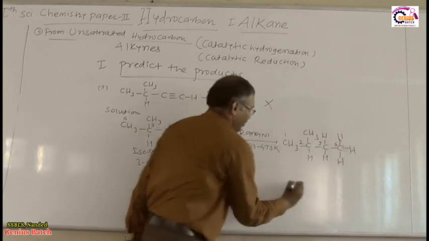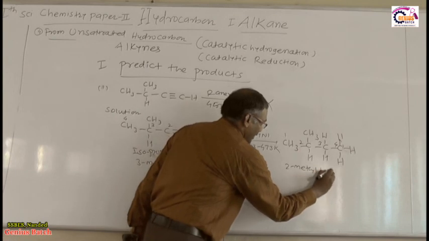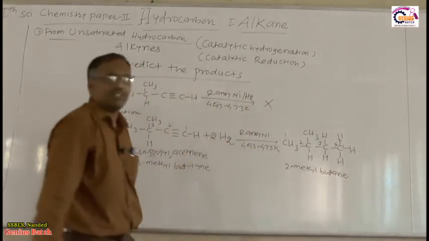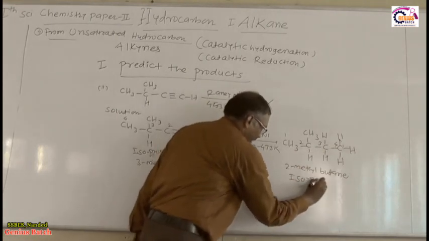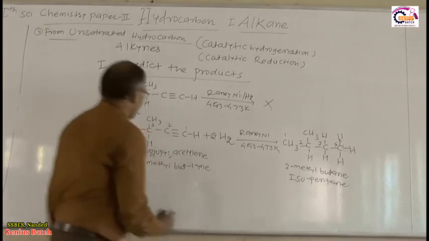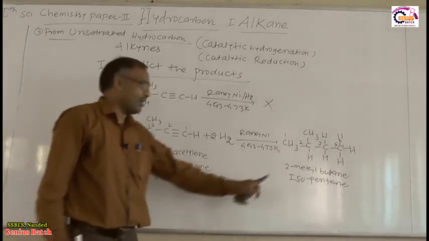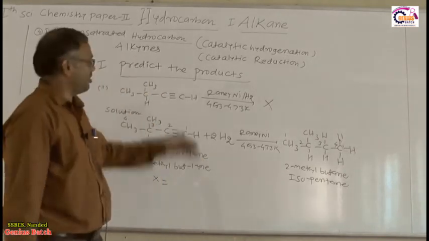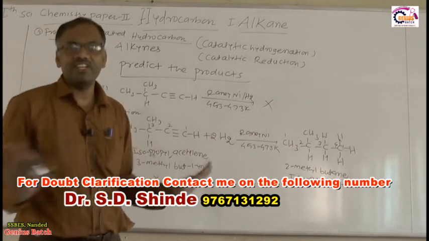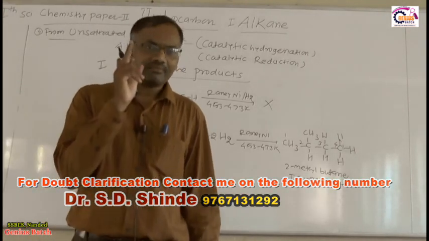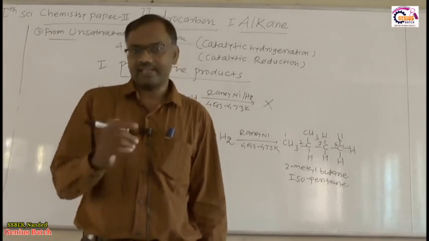1, 2, 3, 4. So that is 2-methylbutane. Right, that is 2-methylbutane, with 1, 2, 3, 4, 5 carbons in total, which is isopentane. So X is equal to this one, that is 2-methylbutane or isopentane. So you can solve the MCQ like this also. Here we have finished the preparation of alkane. In the next video we will see the chemical properties of alkane. Thank you.